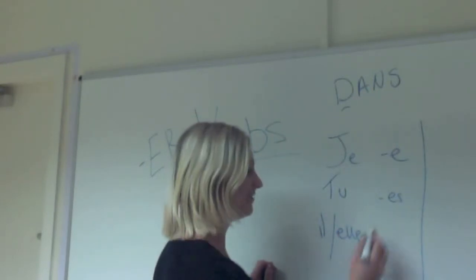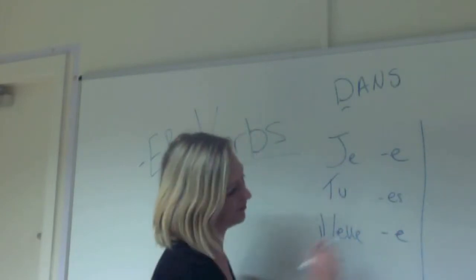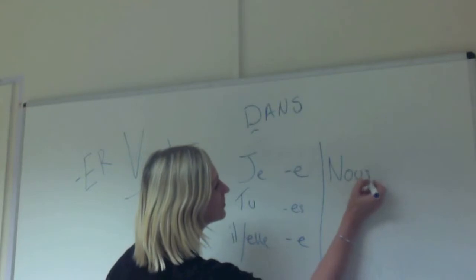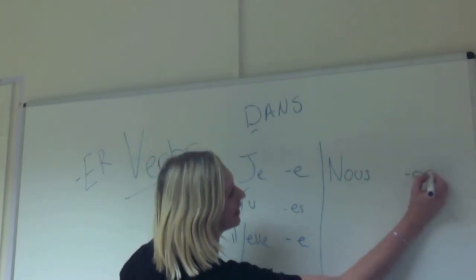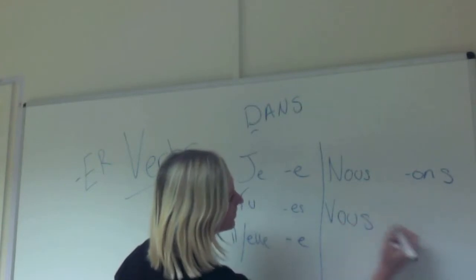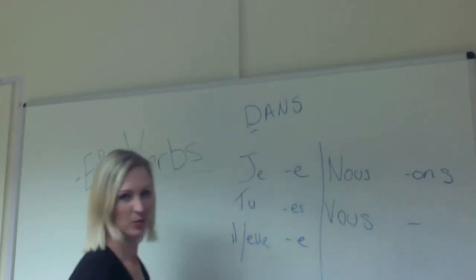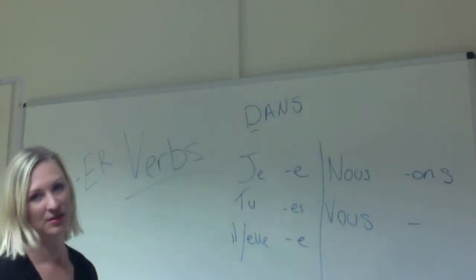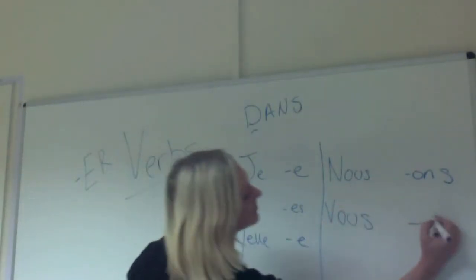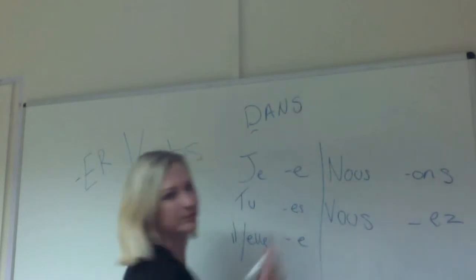Il and elle have E. The nous has ONS. The vous has EZ. When you're saying something to vous, the ending on the end is EZ. Avez-vous, pouvez-vous,